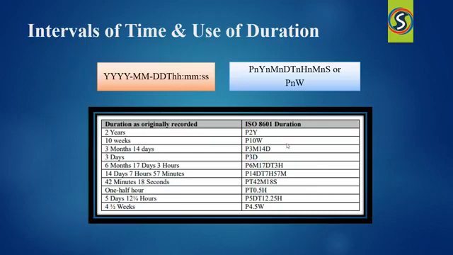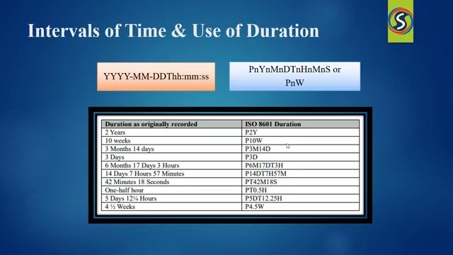Let's also see about the intervals of time and use of duration based upon your variables for duration. Here we have seen about ISO 8601, which is an interval of time. This is a part of a time axis limited by two time instances, such as time is going to be represented in SDTM by the variables STDTC and ENDTC, right? So these variables represent two instances that bound an interval of time, while the duration is a quantity of time that is equal to the difference between these two points, start date as well as your end dates.